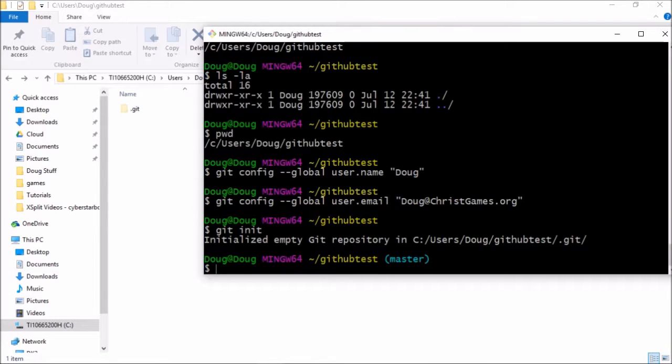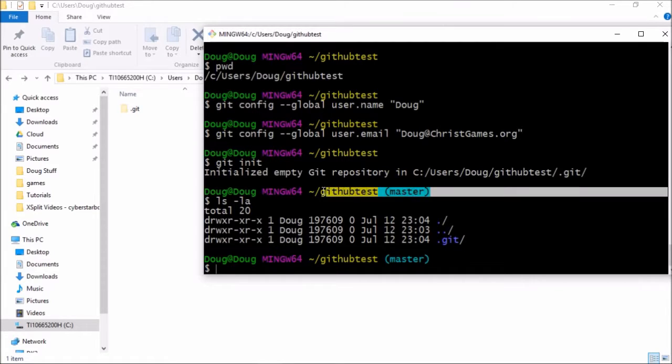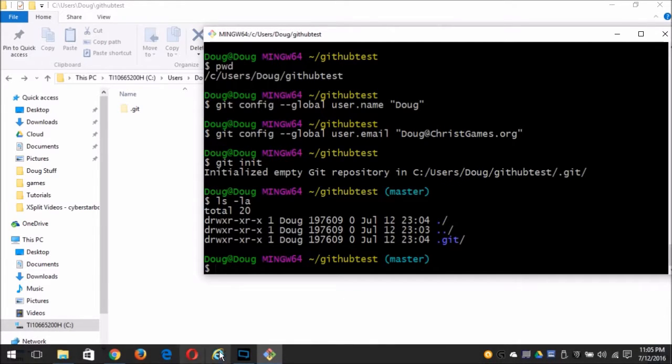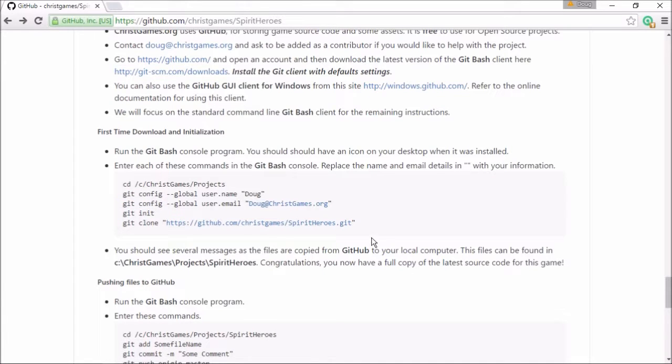So anyway, if we look here now, do an ls -la, it should show that there's a .git folder right here. So it says now we have GitHub test is master. So it kind of says this changed from a previous folder. This tool now knows that this is a Git repository on your local machine. So now that we've got the folder created and the Git software installed,